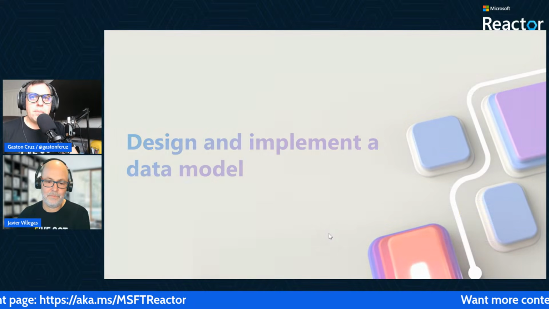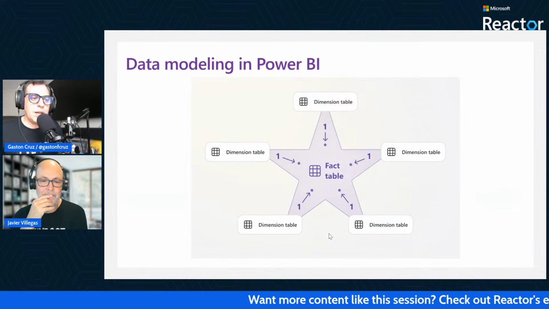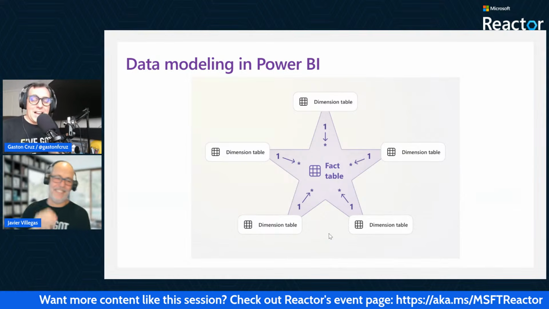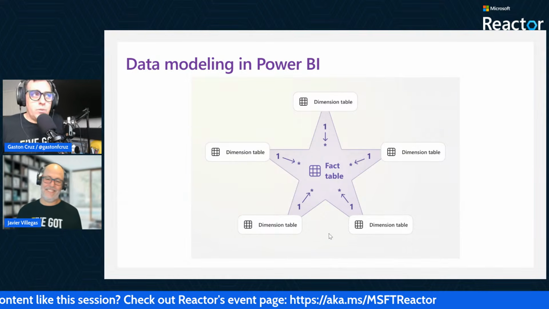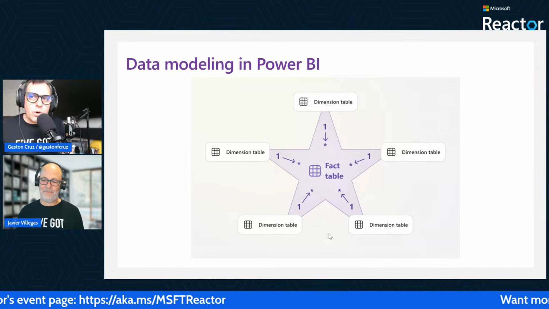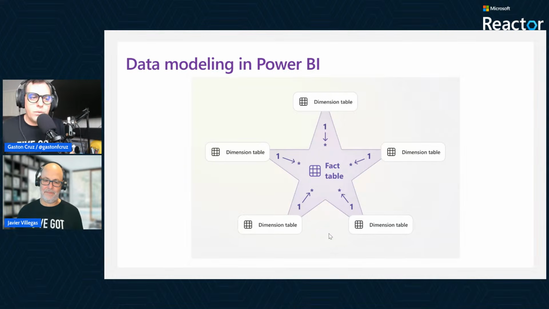So, design and implement a data model. Where to start? I love this image. I use this image a lot of times for everything, right? Exactly. This is a key component of understanding data modeling from scratch. So when you're working with any data within any framework, and it doesn't matter if you're playing around with an Excel file or CSV file or a SharePoint list or whatever component you have, you're going to be getting data from one or two or multiple sources.